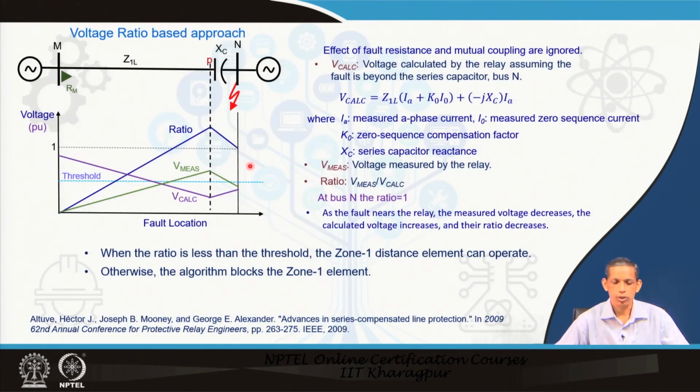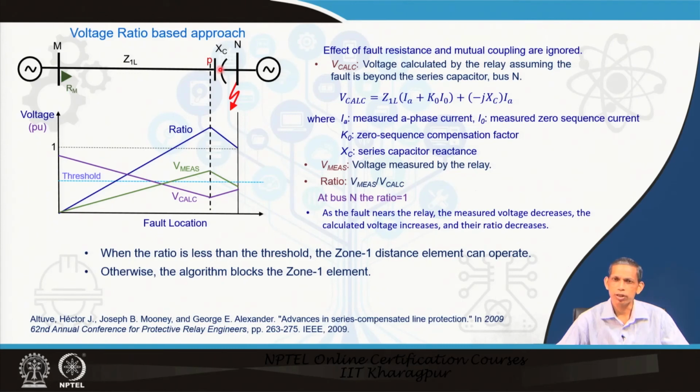We have a second approach also available in the literature. This is called the voltage ratio based approach. For this we have two voltages, one is the calculated voltage and the other is the voltage measured by the relay. The system is like this. The relay and the capacitor are at the line end, then for this section, zone 1, absolutely there is no capacitor, so it does not have any problem. But if the fault happens to be just beyond the capacitor,